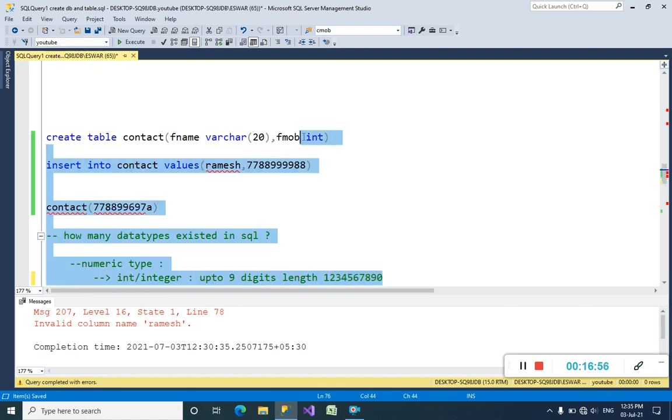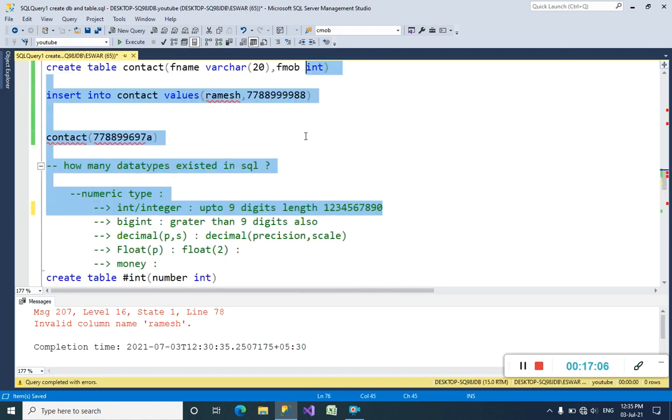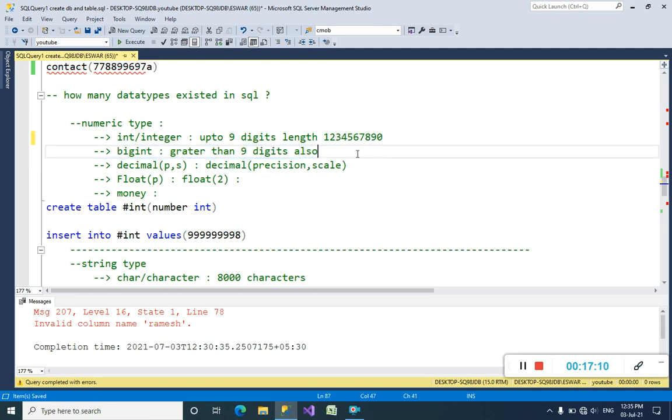If the column has int as a data type, we cannot insert more than 9 digits in this mobile column. First of all, I have to tell you about all these things, and only then can we insert values. So the int data type is over, guys. We can insert only digits into this column, and not more than 9 digits.